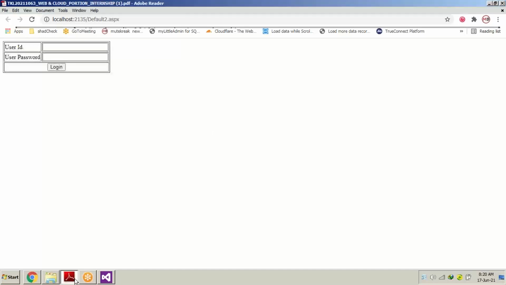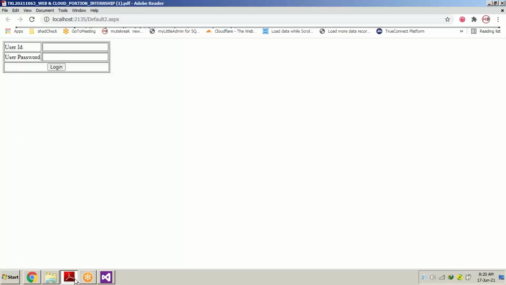This is the part which is called the runtime part, or you can say the web layout part. What happens when you have .NET and Visual Studio installed in your system? When you create a project, that is the designing part, the client side code. You call it design view also.